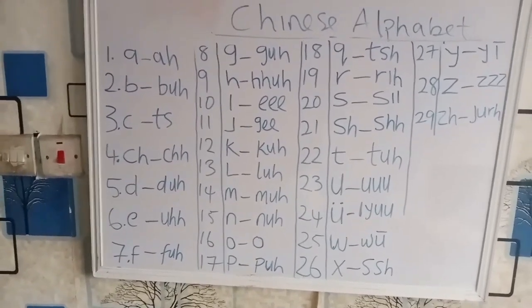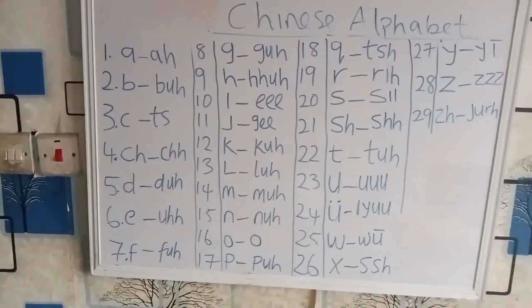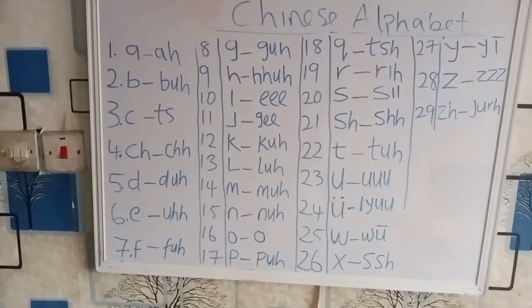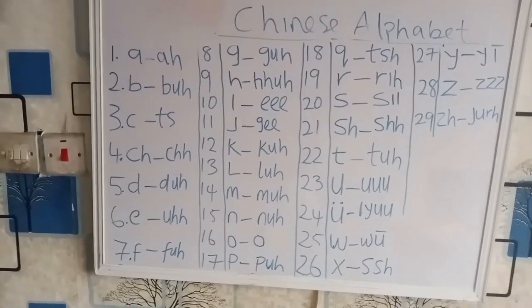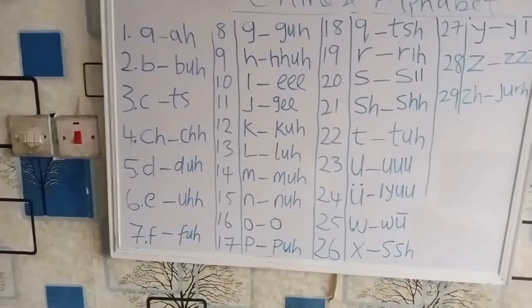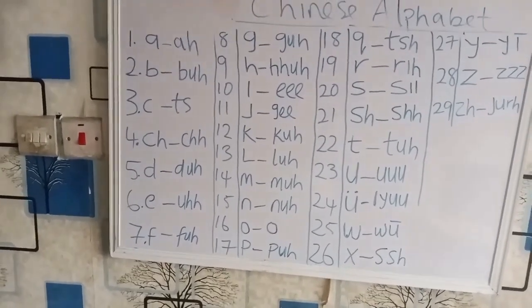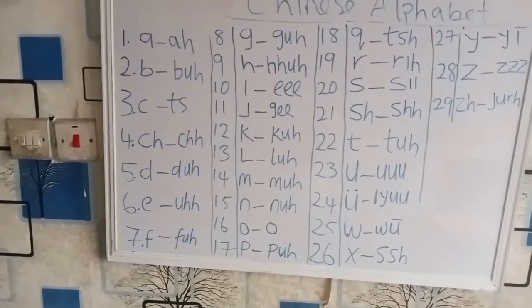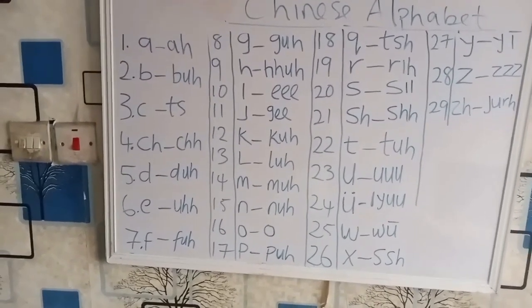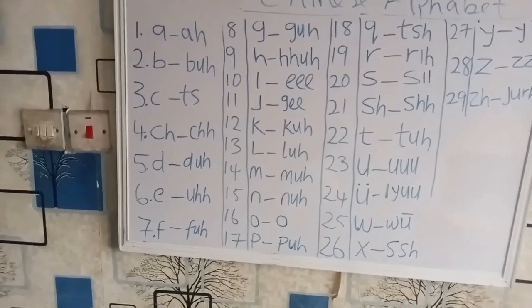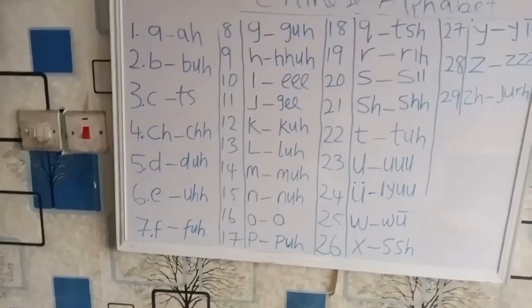So anywhere you see C, only C, not CH, you pronounce it like you're saying TS. For the fourth one, CH, I had to write 2H in front of the C to let you know that you have to really make the CH sound very well. Ch, and then you have the,